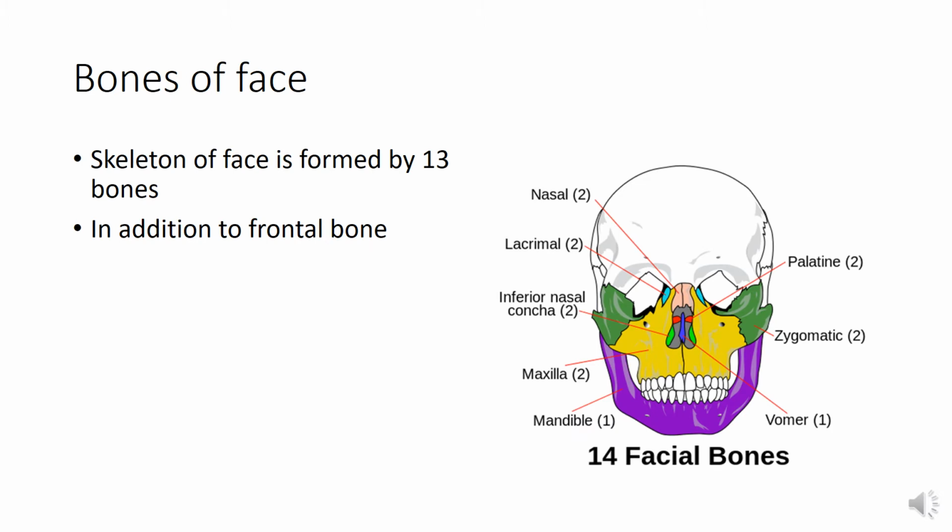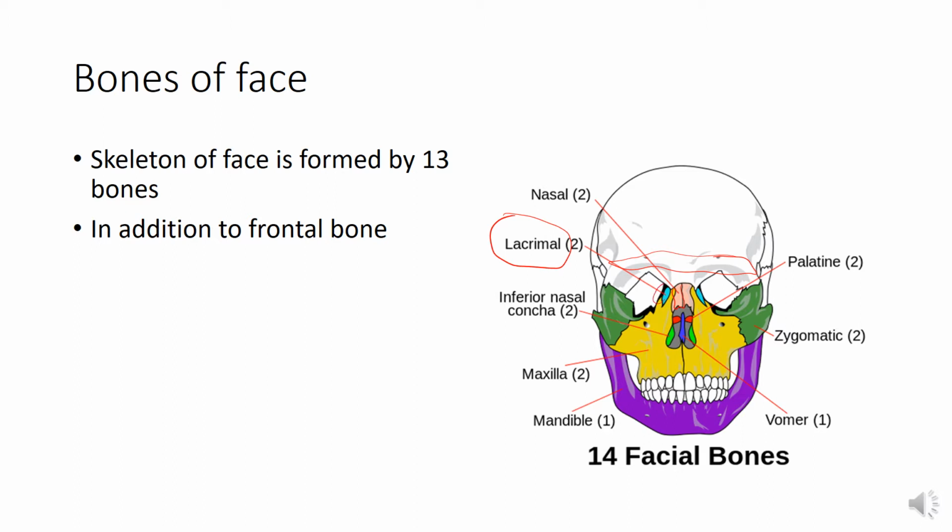Now the bones of the face, the skeleton of face is formed by 13 bones in addition to the frontal bone, which have been already described in the cranium part of the skull. Now you can see here the bones forming the facial skeleton. Number one is the part of the frontal bone, then two nasal bones. Here you can see this is present on our bridge of the nose, posterior part of the upper part of the bridge of the nose, then the lacrimal bone, which is present, there are two in number, one on each